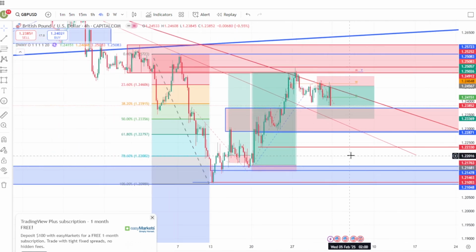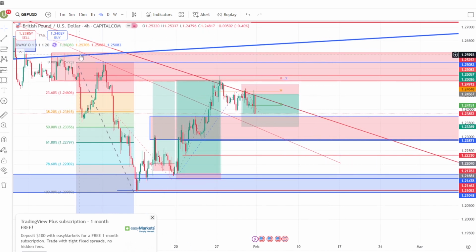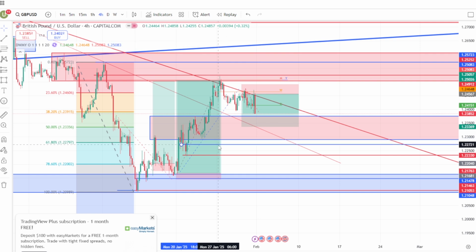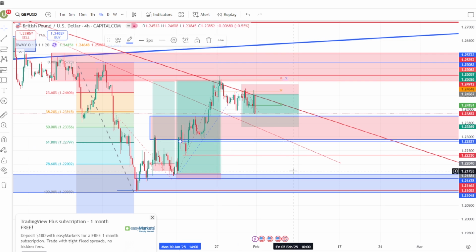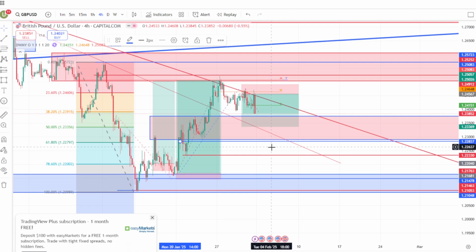I want to let go of this selling thing, because as you can see, like I said here, guys, it gave us a breakout, third hit, so it's coming back to retest the newly formed demand zone or the previous demand zone. So it's either the previous H4 supply zone here. Which one is the imbalance stick here? So it came back down to this demand zone here. It's supposed to come back down to this demand zone here,